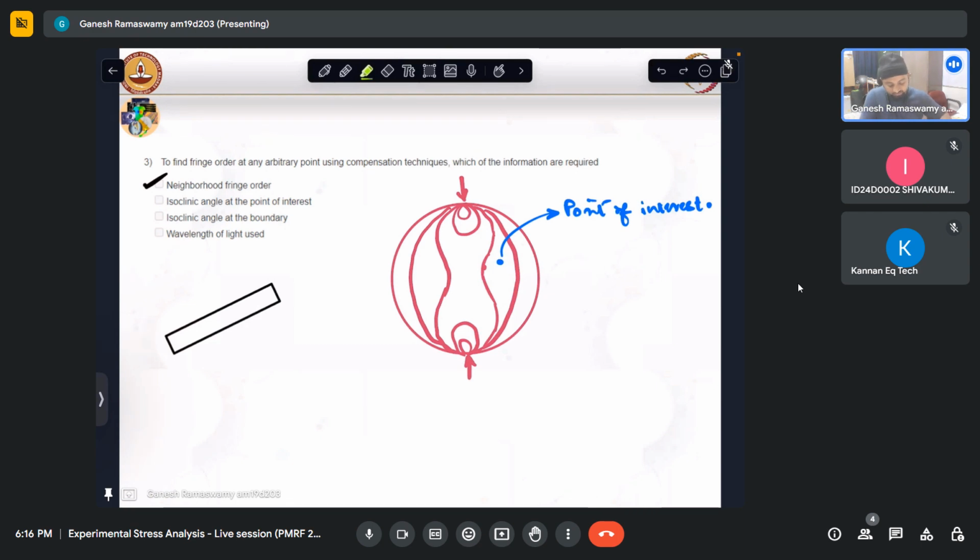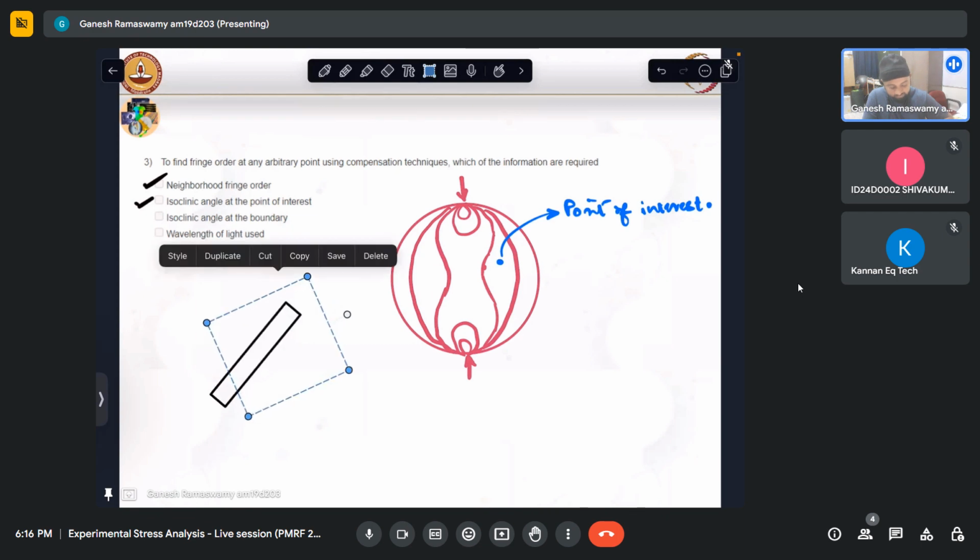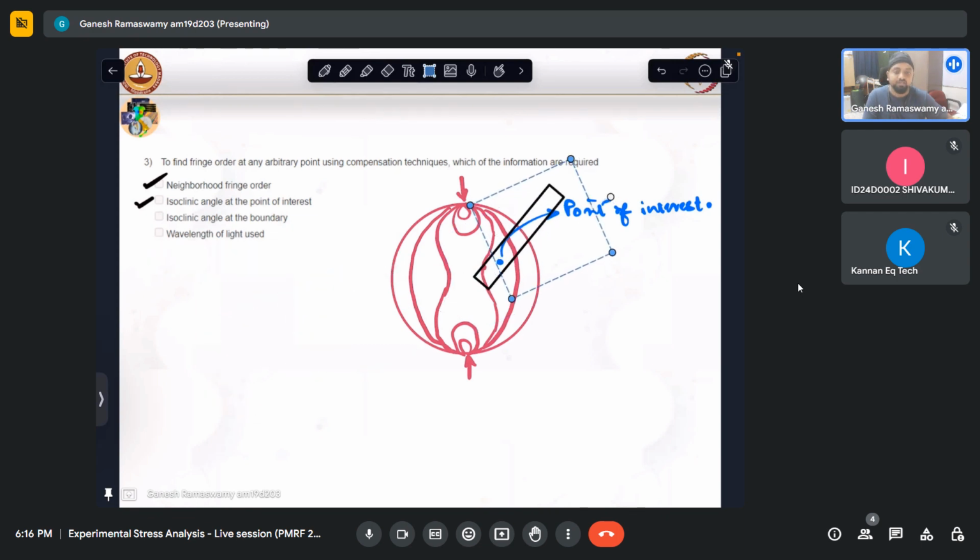So neighborhood fringe order is necessary. Also, the isoclinic angle at the point of interest is necessary because we need to align the polariscope. In the case of Babinet-Soleil, we need to align the compensator at that angle. For example, if the angle over there is 45 degrees, we should align it at 45 degrees and then start